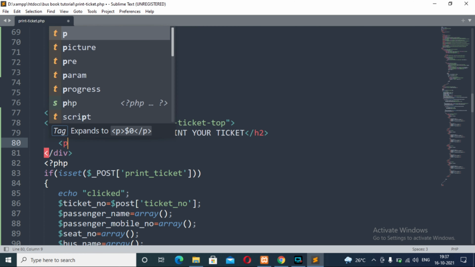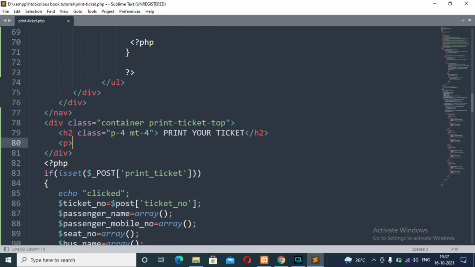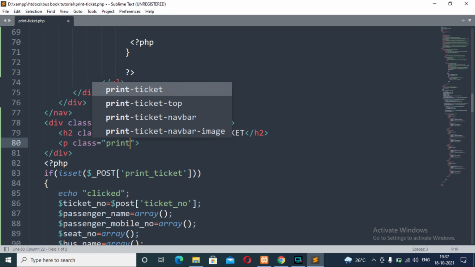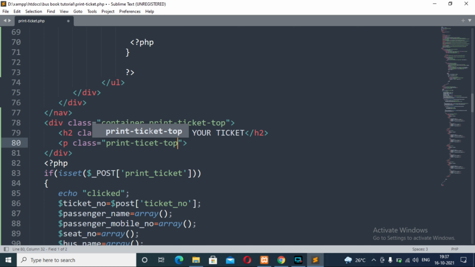After that, we will have a p tag with the class attribute having the value print ticket. And the content will be verify your details and